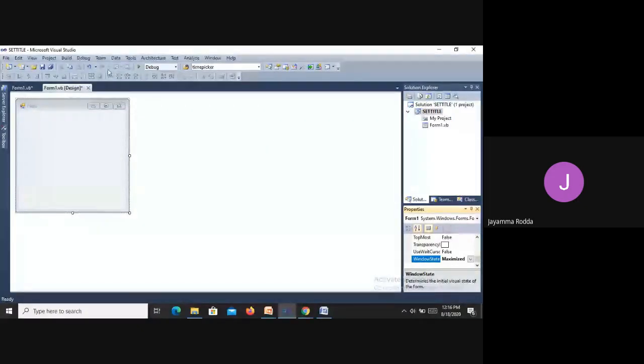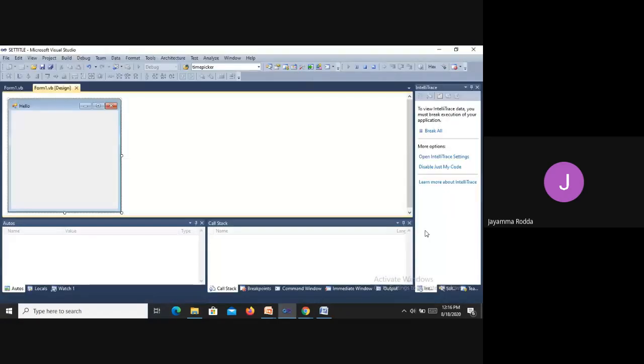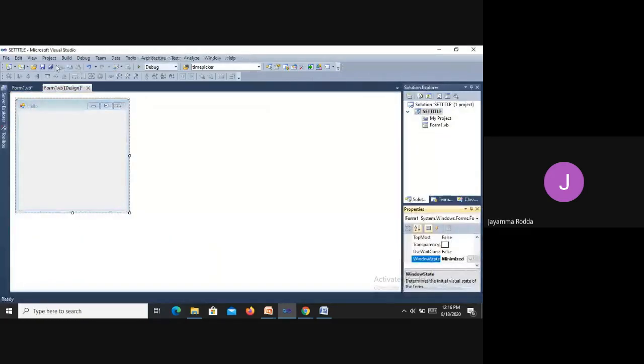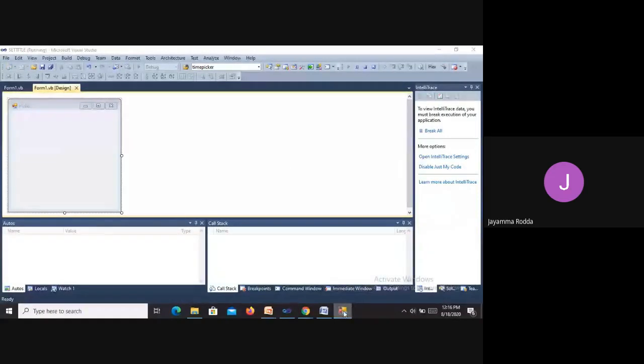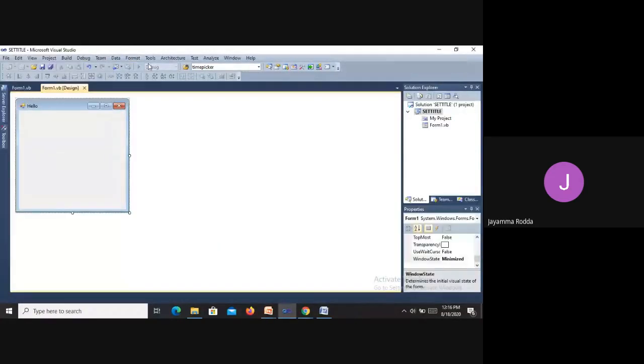Maximized means it will cover the entire screen. Let us see. Save and run. So this is the form, Hello MSC. This is the entire form. So this is maximized. Let us see minimized again. I don't see anything because it is already minimized. So let us go to the default category, that is normal state.